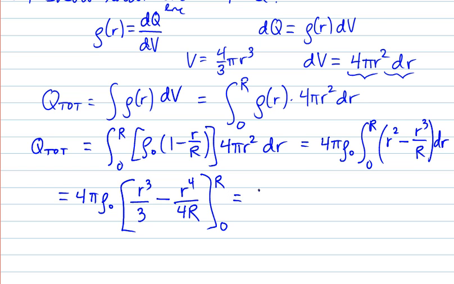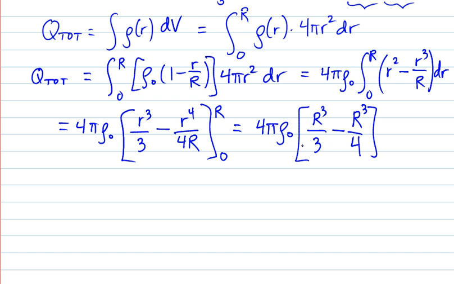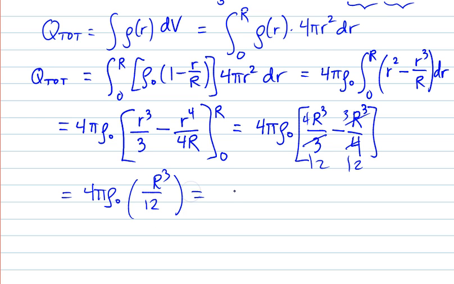Okay, so that looks like 4 pi rho naught times R cubed over 3 minus R cubed over 4. So one of my factors of R actually cancels out. Okay, so now this gets a little bit more fun. And so at this point we can just do a little bit of math, and we're going to get 4 pi rho naught times R cubed over 12,